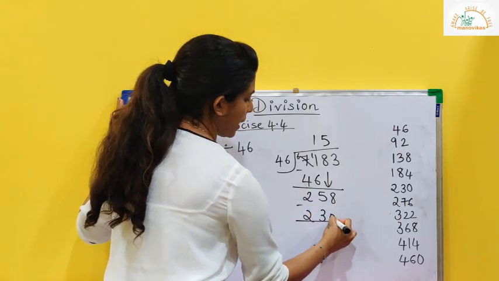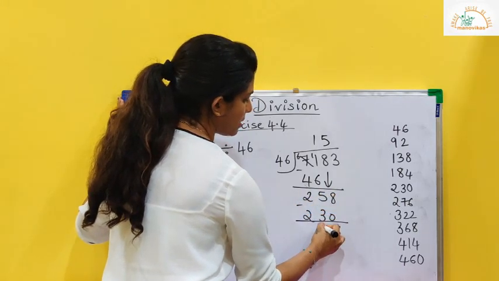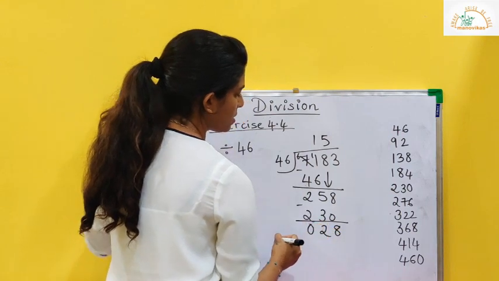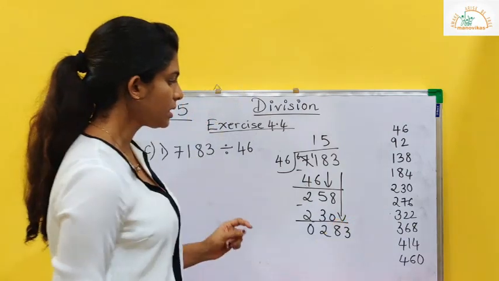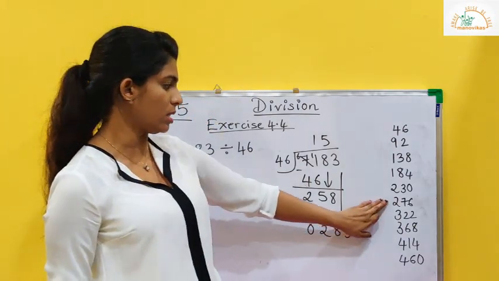230. 8 minus 0 is 8. 5 minus 3, 2. 2 minus 2, 0. Next, I bring down 3 now. Again, we have to see which number is closer here. It is